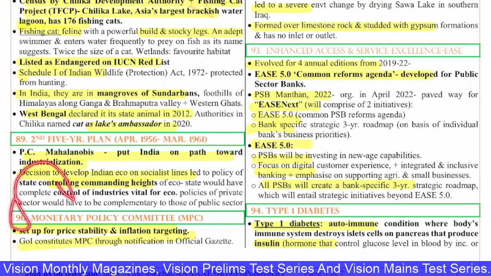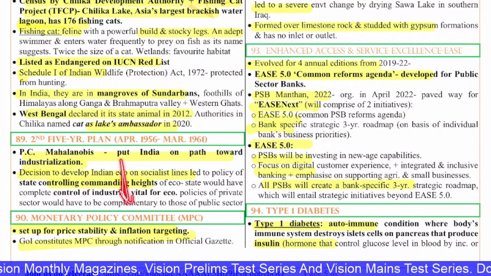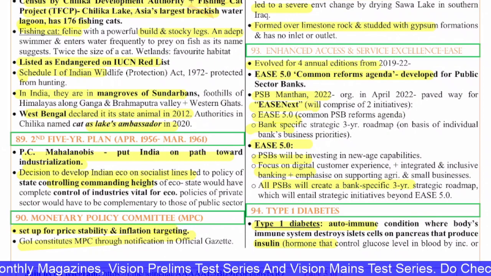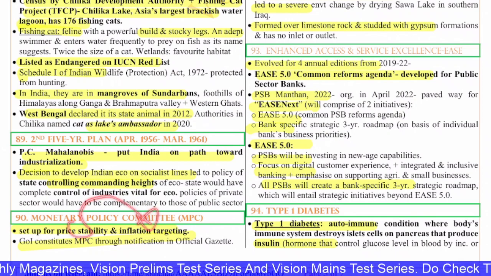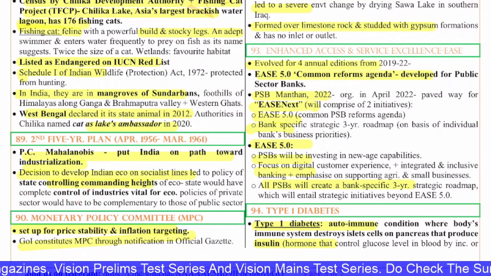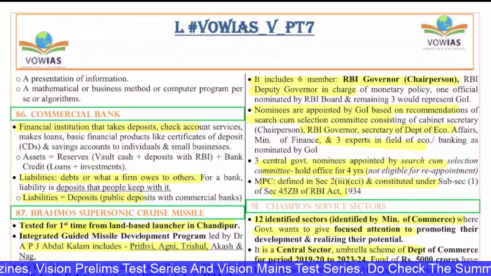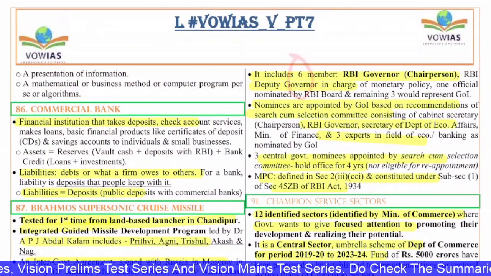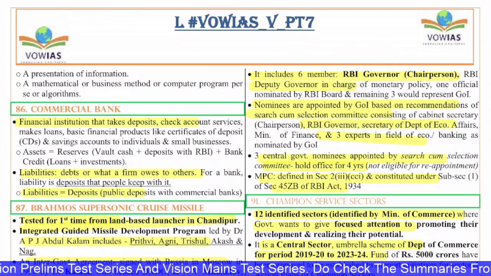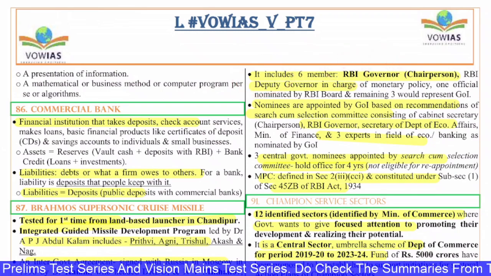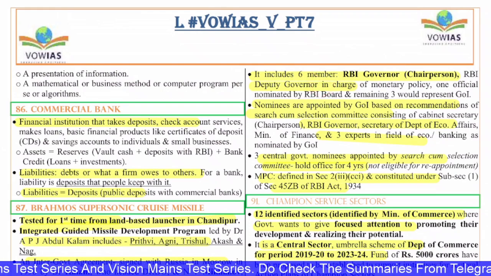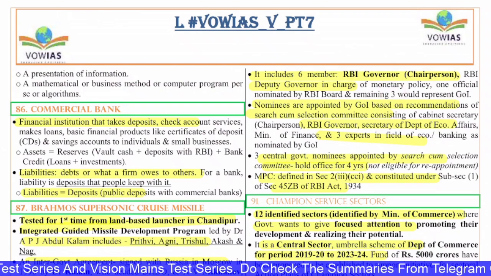Next, the 90th question is on the Monetary Policy Committee. The Monetary Policy Committee is the committee that sets the interest rates. It is set up for price stability and inflation targeting. The Government of India constitutes this committee through notification in the official gazette. It includes 6 members, 3 from RBI and 3 from outside. The RBI governor is the chairperson of this committee, the RBI deputy governor in charge of monetary policy will be there, and one nominee by the RBI board will be there, and the remaining 3 would be nominated by